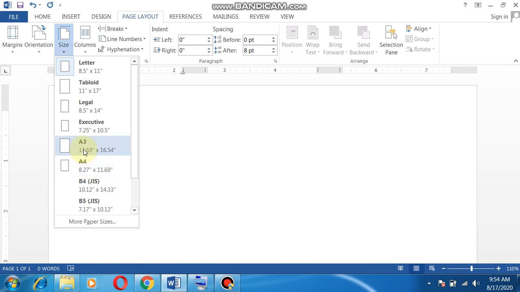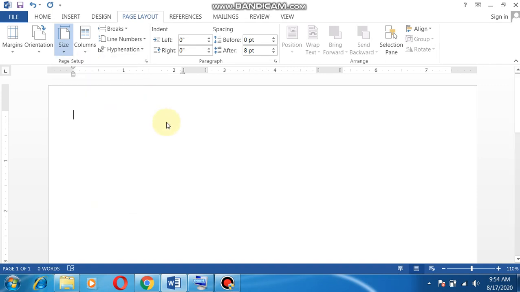But if we want, we can change it to A3 or legal or letter or any setting we want. But by default it is A4 only, because generally A4 size paper is used for printing. And you can see that the length and the width of the paper size is given here.